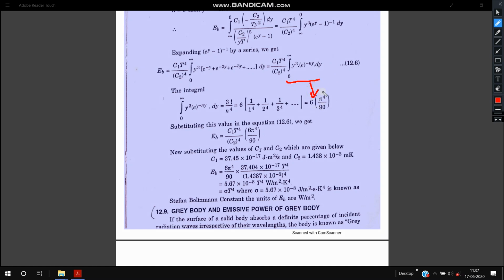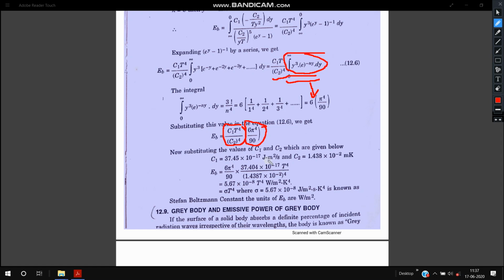Putting this value in the equation, we get E_b equals C1 T raised to 4 by C2 raised to 4 into 6 pi raised to 4 by 90. Putting the values of C1 and C2 from Planck's law,